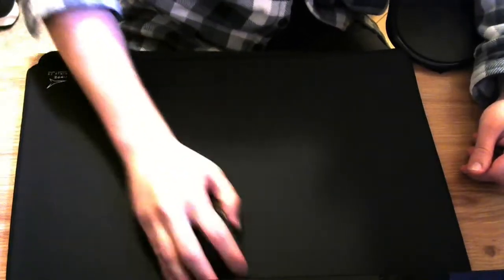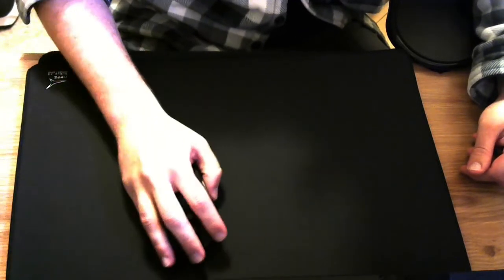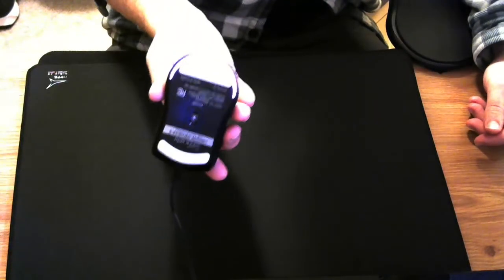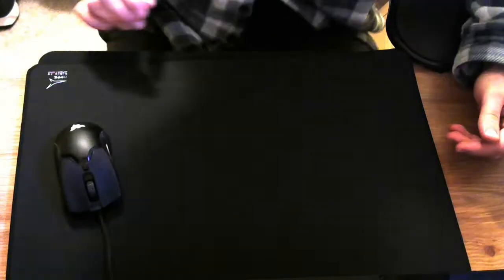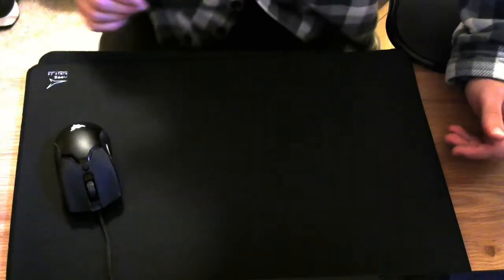Okay, in terms of glide, yeah, that's incredible. I can already tell, yeah, this thing just freaking hauls. This is a Viper Mini with the PTFE feet. Yeah, this is almost like, I don't want to say air hockey. It's not as fast as, like, I have a Razer Firefly,